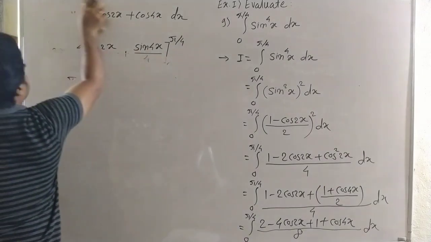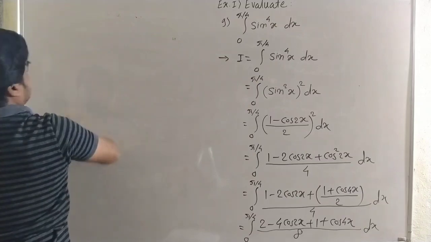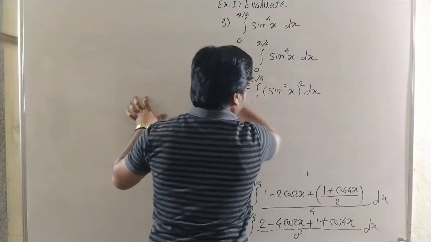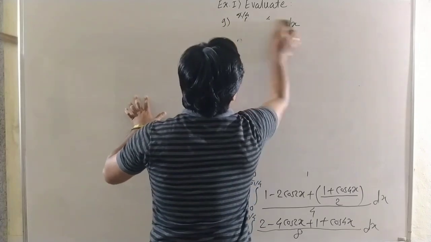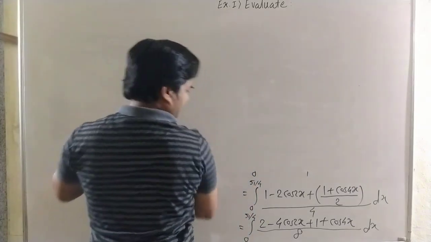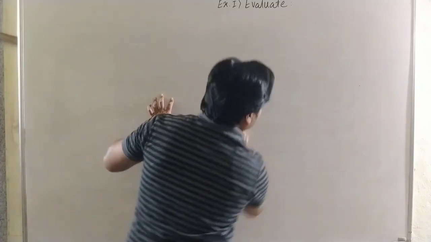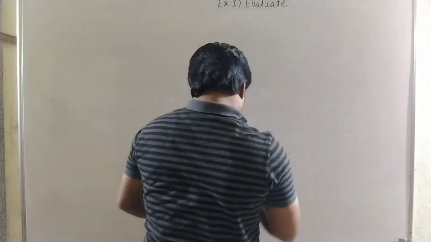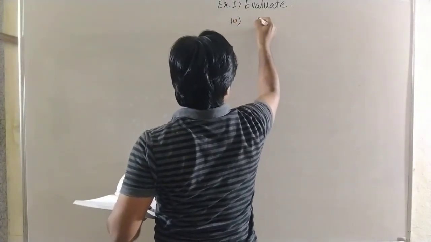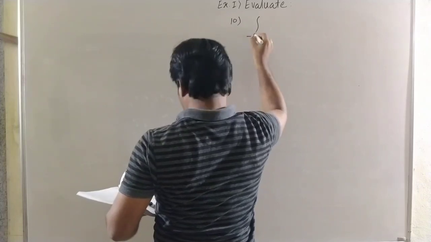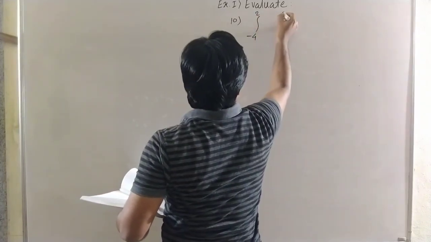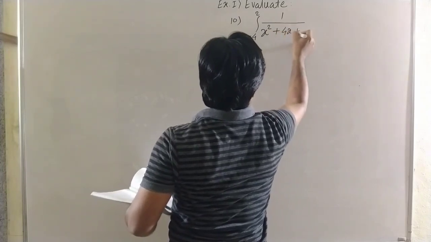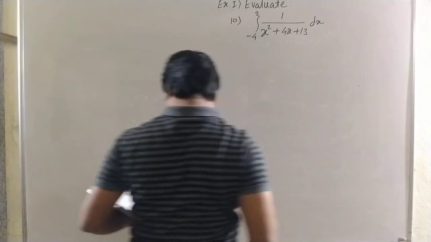Now next. Example number 10. Integral from minus 4 to 2 of 1 upon x square plus 4x plus 13 dx. Okay. Now